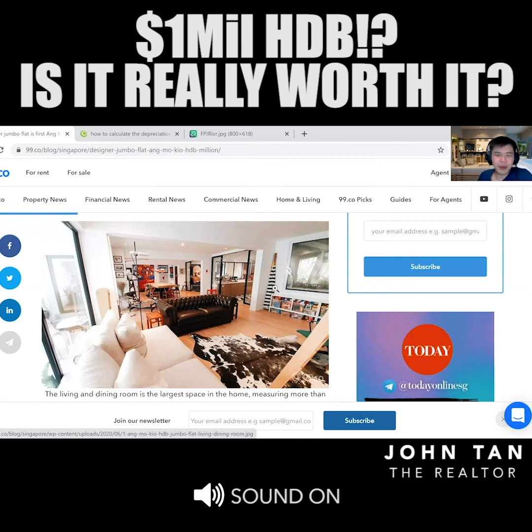The unit is very, very well done. And in fact, the unit was sold within 2 days of marketing. And it was sold much higher than the neighbors. But when she reviewed it to me, she only spent 25,000 on the renovation, and I was shocked. I said, wow, you only spend so much on the reno, yet you can achieve much higher pricing than your neighbors. This is something that I would say is very amazing,